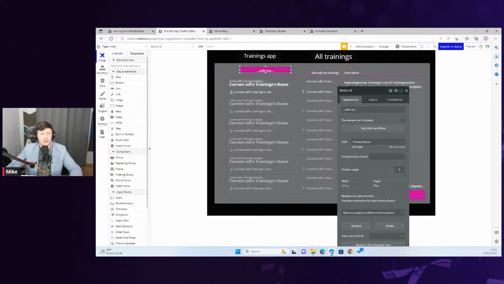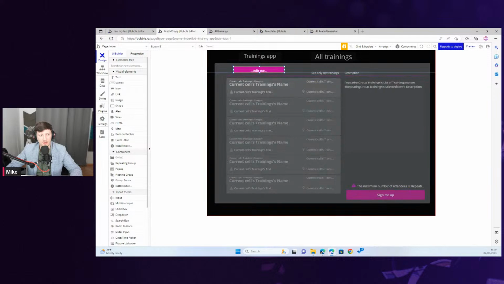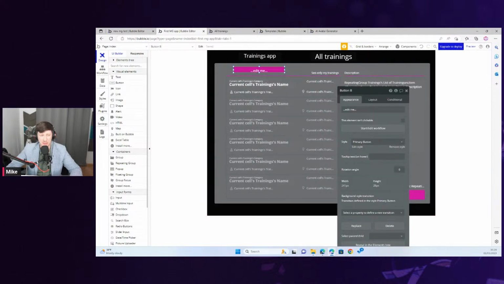I'm not able to just do some new styling that is unique just for this button, which is good and bad at the same time, because it adds additional work for me to define different styles.